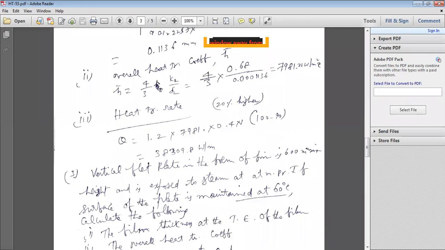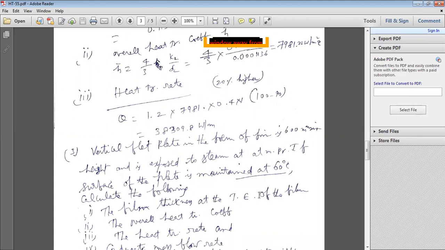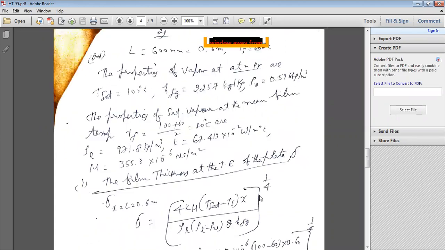You can easily calculate. Problems are very easy. Only thing is you have to derive the equations and take the alpha of the equations. Sometimes these equations are to be taken from the heat transfer data book also. So practice thoroughly, so that if you forget the formula, you can note down the formula from the data book. That is a very, very important point here. Now, the next, third problem.